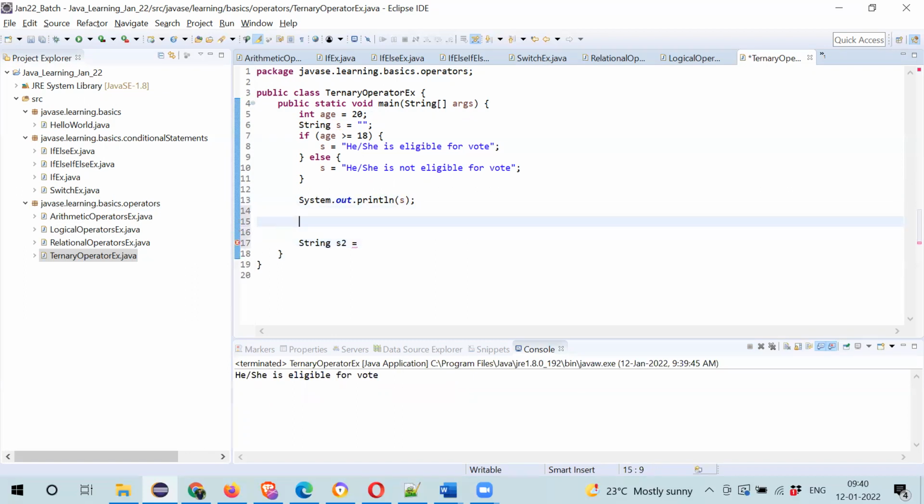Even before that, I will write the syntax. So first condition and question mark. You can write the if block here, in the sense of if code here, else code here, like this. So in a single line you can check whether